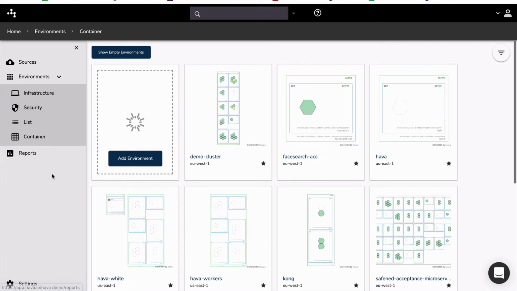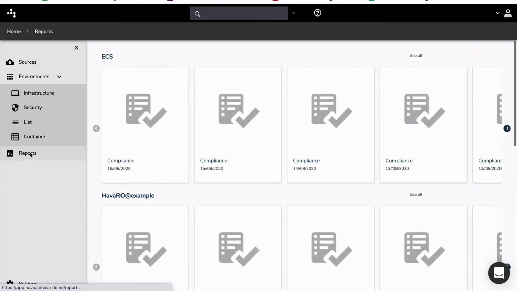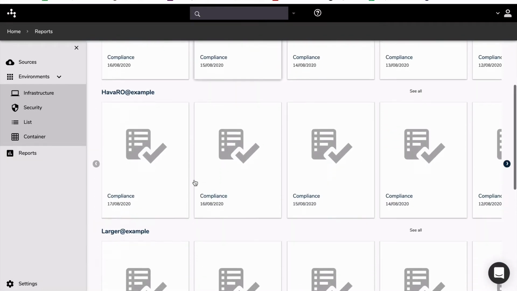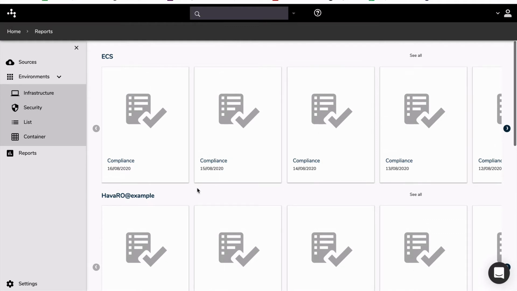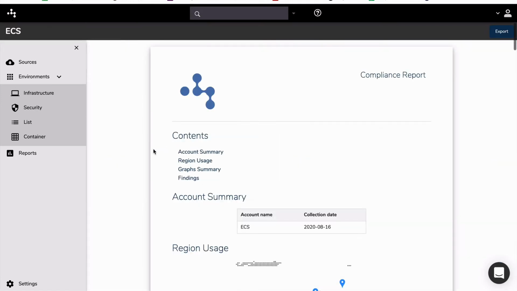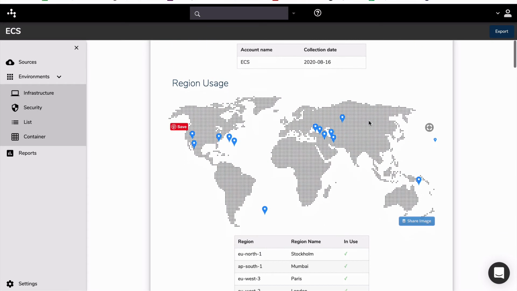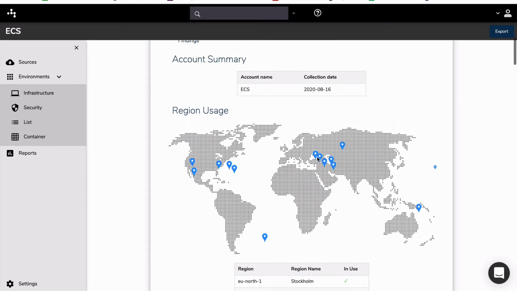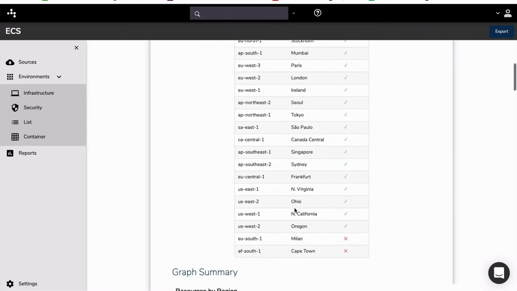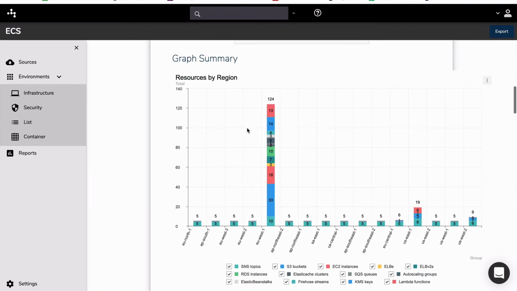The last option here on the left is the reporting module. Here we've got the new reports that are built separately to the diagrams. This first one, the compliance, is an AWS best practice report built around the well-architected framework requirements. This compliance report, for instance, gives us a list of regions that are active in the account, shows you which ones are there, resources by region,